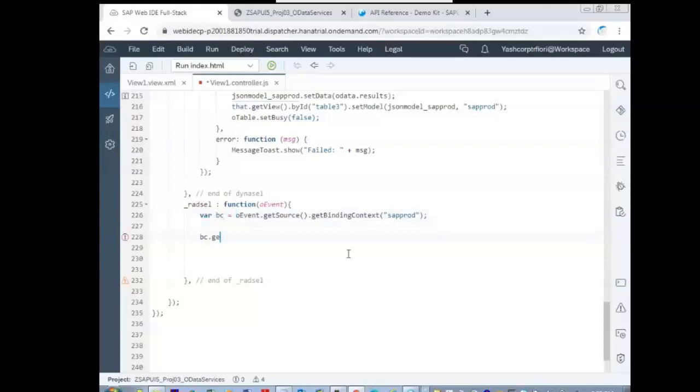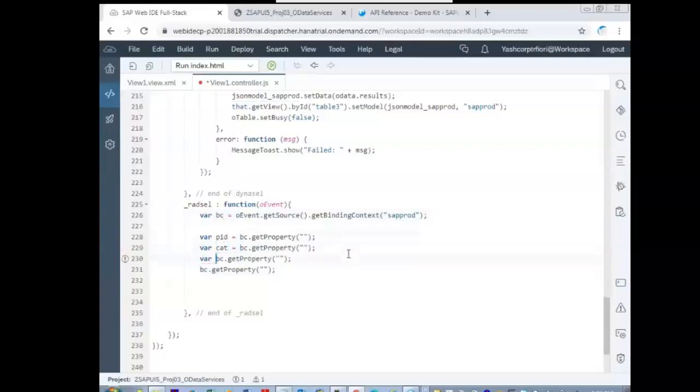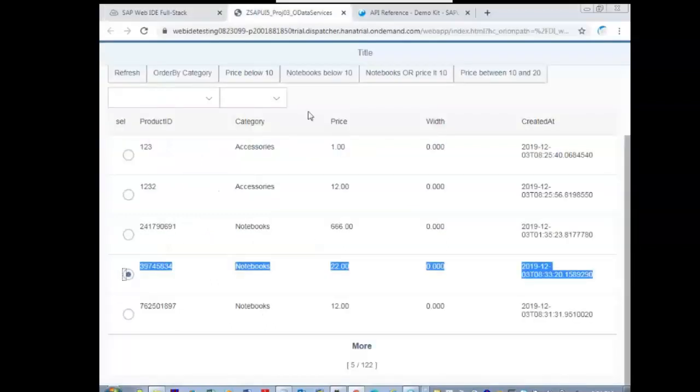BC dot getProperty. I want to show the PID, product ID. I want to show the category, just cat. I want to show the price. I want to show the width.